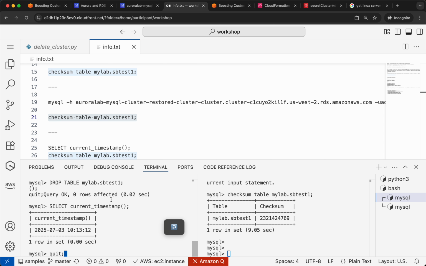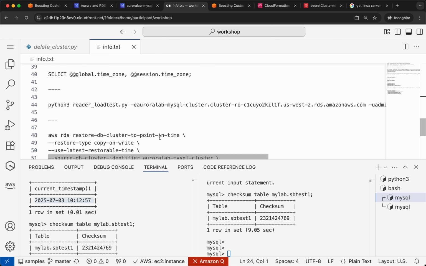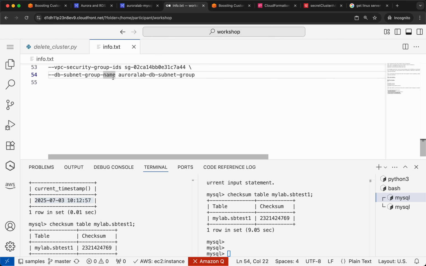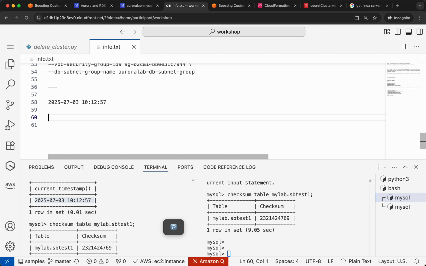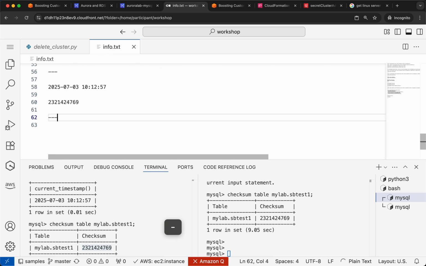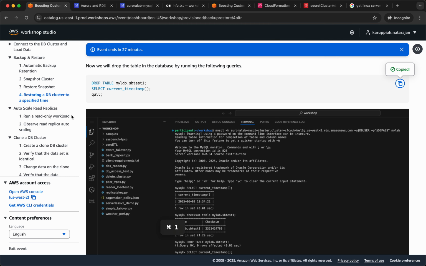So 10:12:57 is the timestamp, right? That is when everything was running, and the checksum is this. Now the timestamp later is this. So let's look at this. So now